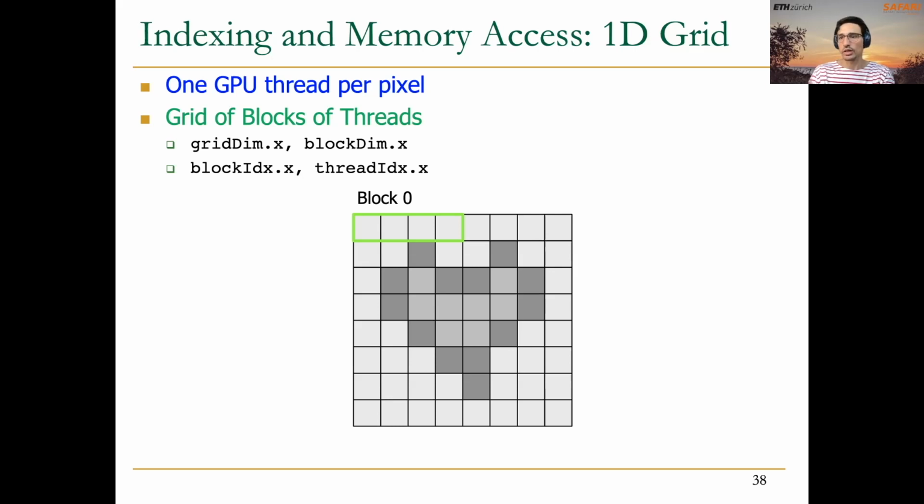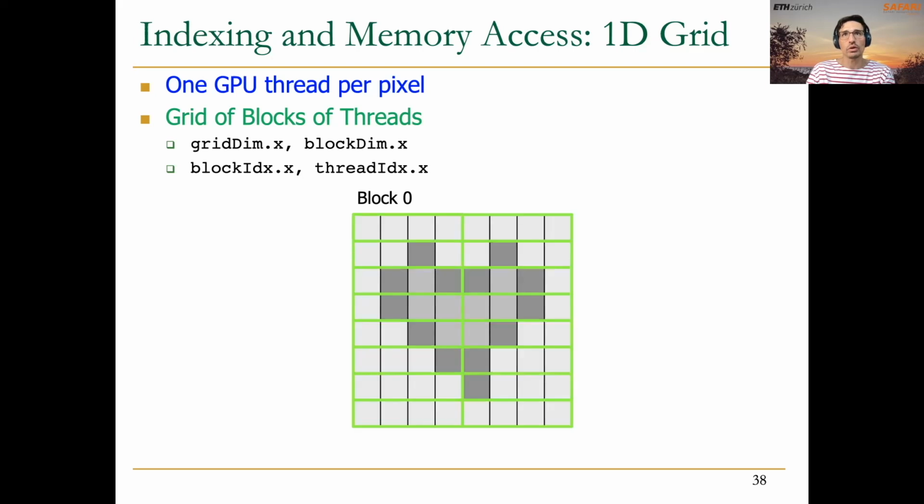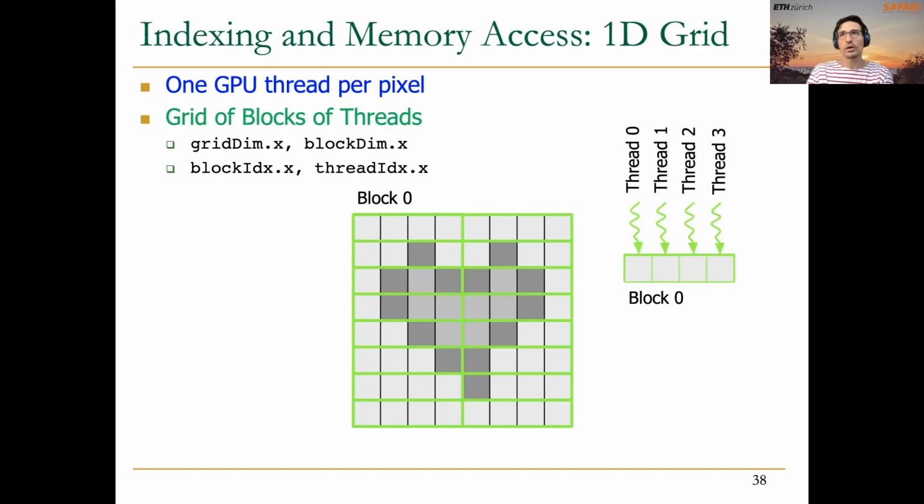For example, let's assume that for now our thread blocks are of size 4 threads. So we would assign these 4 pixels to block 0, and then the rest could be assigned to the rest of the blocks. If we take a closer look at block 0, here we have 4 different threads, from 0 to 3, that are being assigned different pixels out of the chunk of the image that was